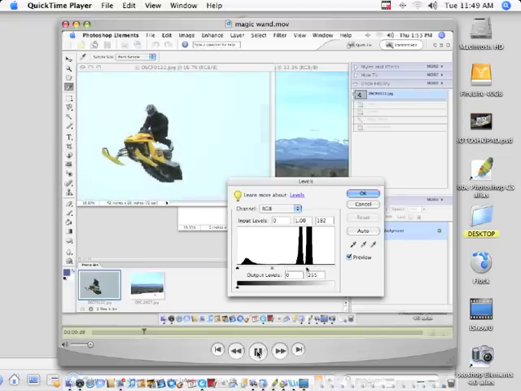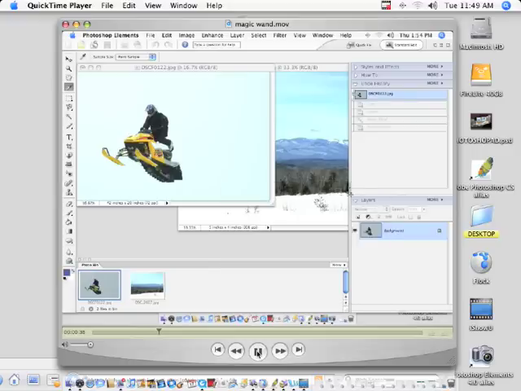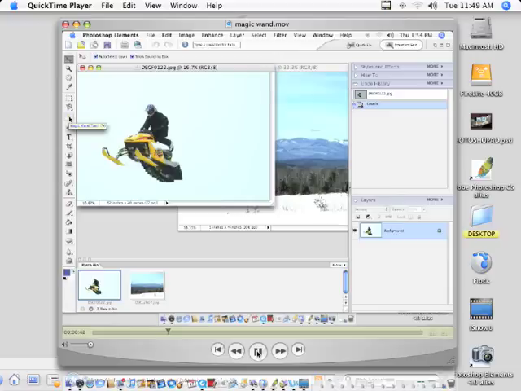And I'm going to up it a lot to change the whole background to white so we can get rid of that area a little bit better and make it easier to work with. I'm going to say OK, and then we're going to come over here and use the magic wand tool, which if you hit W, that would bring up your magic wand tool. I'm going to click in the white area, and you see, since there's nothing else bothering it, it has selected all this white area. I could hold down the shift key and add in this area here, but I don't want to compromise it too much and maybe click into part of the snowmobile. So for now I'm going to leave it there and just pretend it's snow, okay?